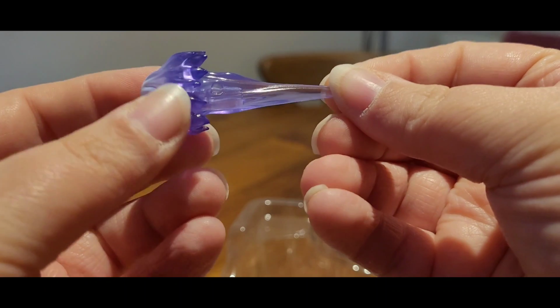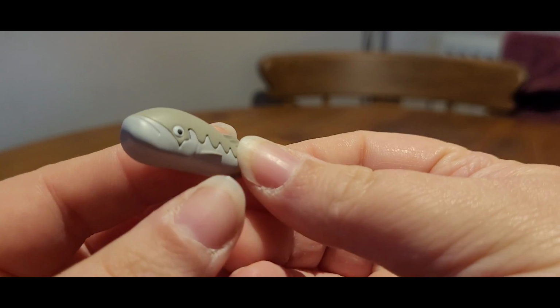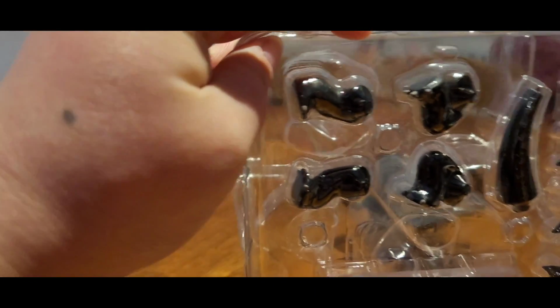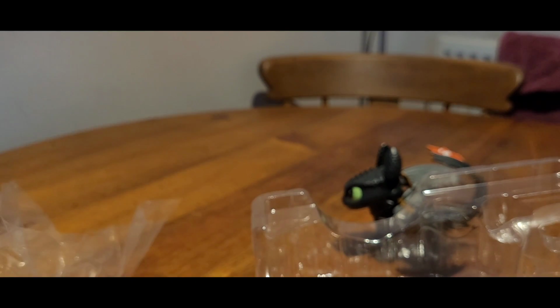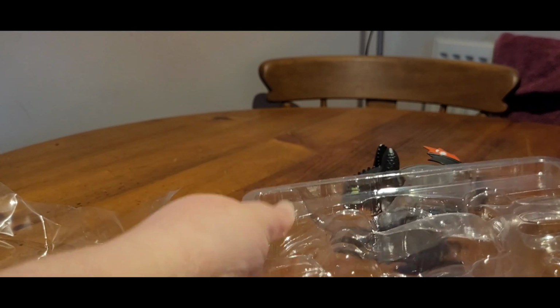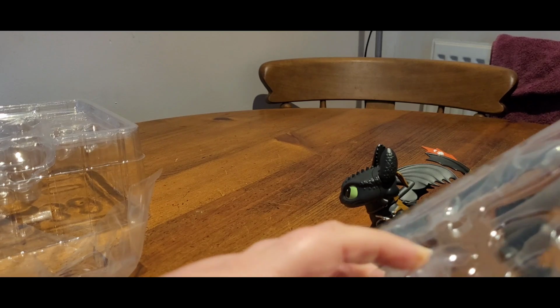We have a plasma blast piece. And he also has a little fishy. That's everything in that tray. Now I just need to snip the tape here so I can access the other tray. So this is showing you that I actually, you know, definitely haven't already fully opened him. So what I'll do is I'll just put the top tray back on here. So we have this tray